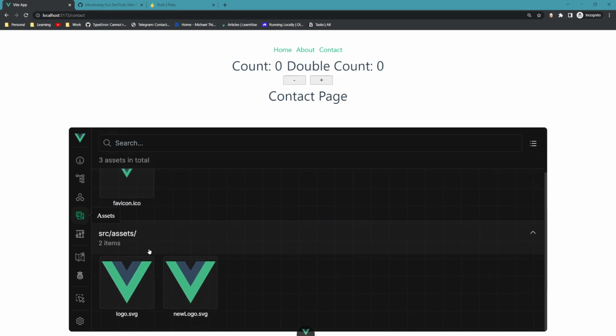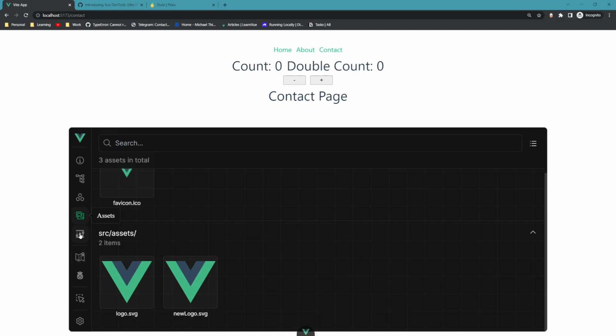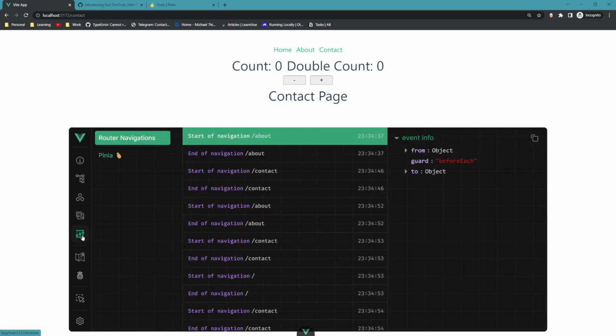And the second part is actually the assets. This one will list down all the files and assets inside your source folder. So if you go to the source folder, you go to assets, and then you will see that you currently have 2 files here. Okay. So this is not really, I think this is just for information about your assets. And if you go to the next